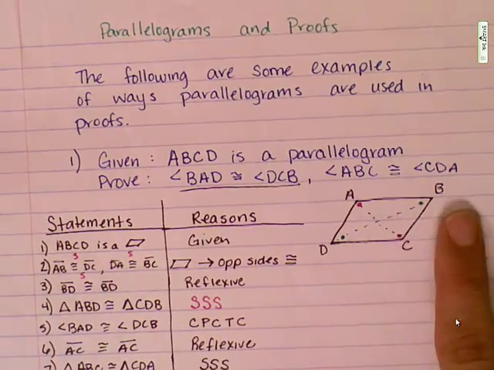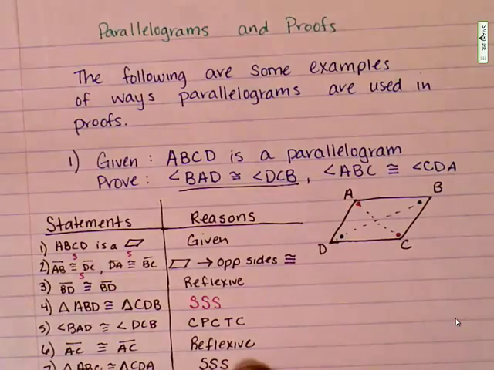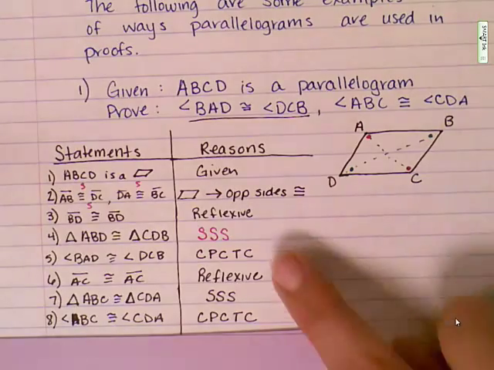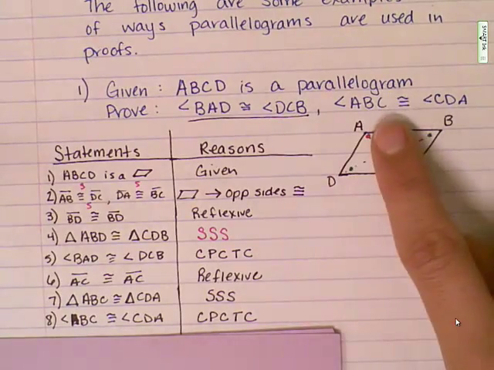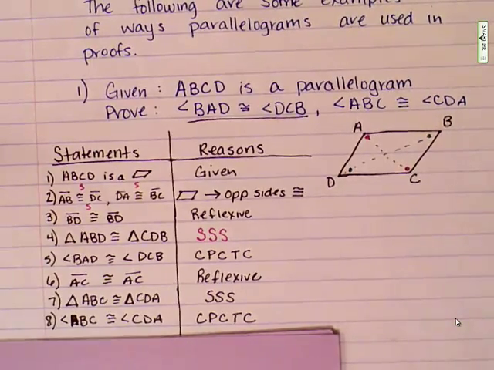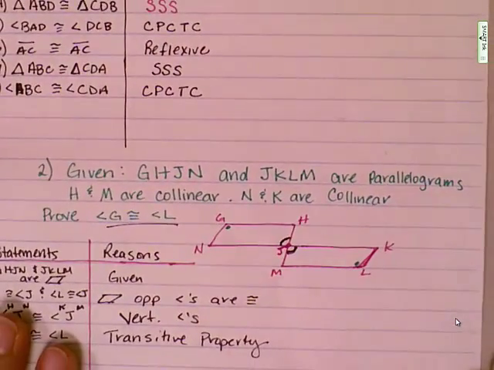So the two angles with the blue dots, ABC and CDA, are congruent to each other by corresponding parts of congruent triangles are congruent. So it asks us to prove this angle right here, which we have, and this angle right here, which we also have. So we just proved that opposite angles of a parallelogram are always congruent. So the next one, one more example, and then we're done. Given